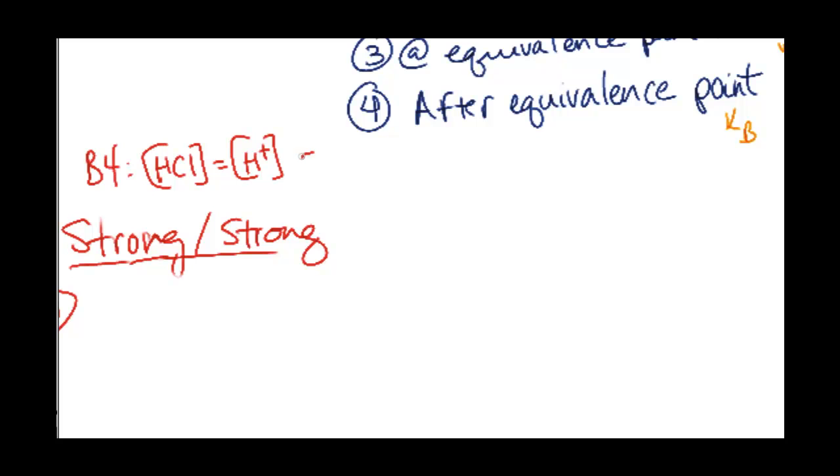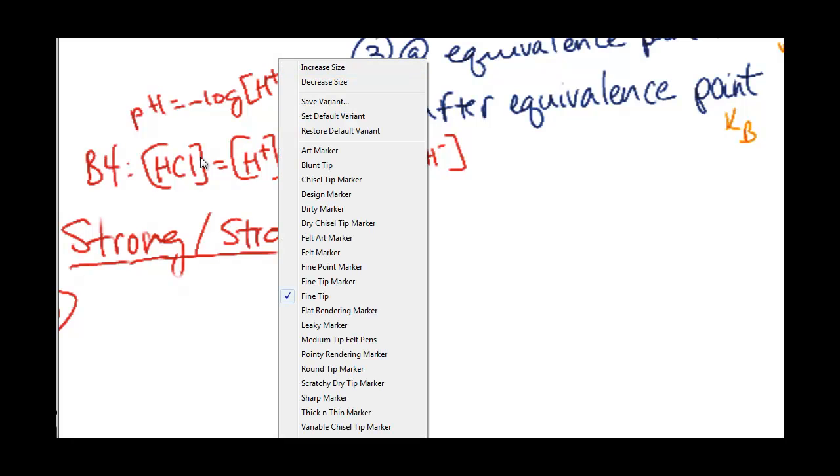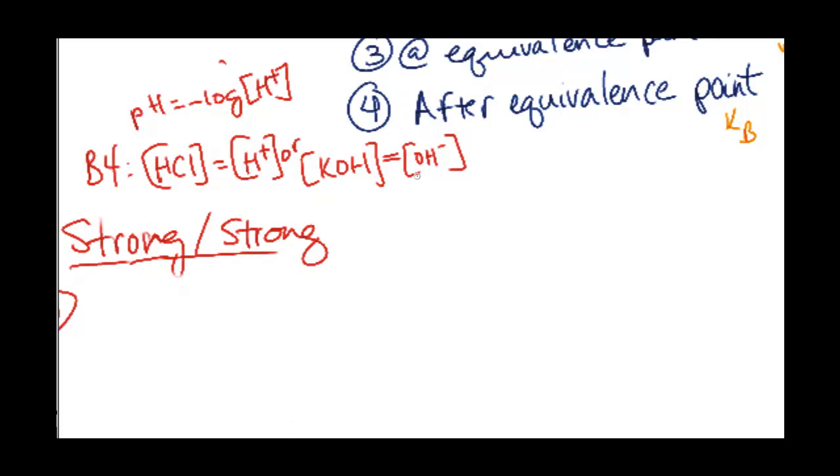And then the same thing would be for KOH, concentration of the hydroxyl ion. So you just can do the negative log of this to get the pH, or the negative log of this. So if you remember, if you did this one, that would be your pH right away. And if you did this one, you would end up getting pOH, and you would need to do 14 minus answer